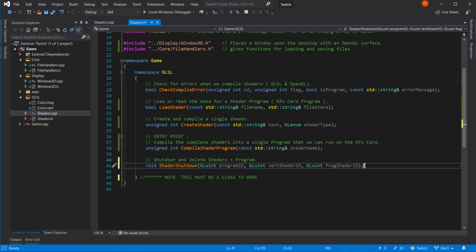Right. How do we turn this into a class? The only things that we are interested in is the IDs. We're only interested in that, and that. The rest of this doesn't matter. The only input we need is a shader name, and we can get that through compile shader program. How many shaders do we want to store?